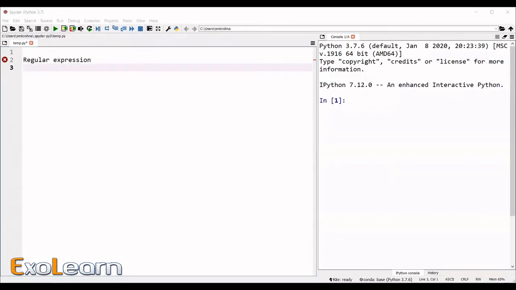Regular expressions are nothing but sequence of characters that help us to match or find other strings using some special symbols. I repeat, regular expressions are nothing but sequence of characters that help us to find or to match other strings. For that sake, we are going to use some special symbols. To work with regular expressions in Python, we need to depend on a built-in module, that is the re module. We need to import that module in our script. re stands for regular expressions.